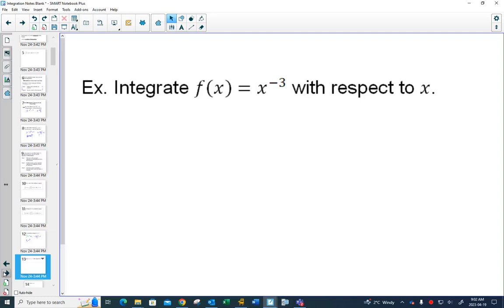You know how in derivatives I said you would get really good at subtracting by 1? Now you're going to get really good at adding by 1. And sometimes, because you've been subtracting by 1 for so long, sometimes you're going to get them mixed up, and then that's going to cause all sorts of issues. So, we want to integrate this.